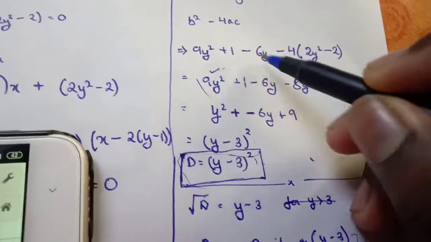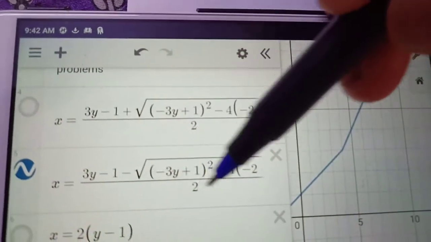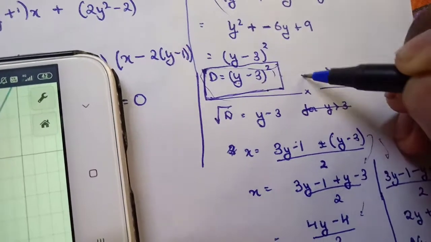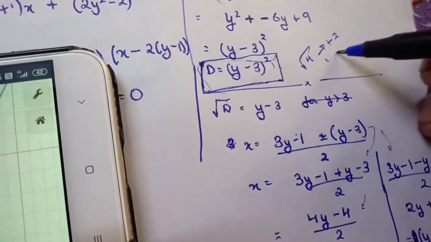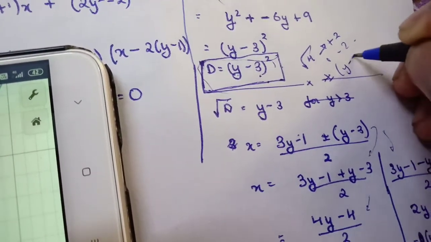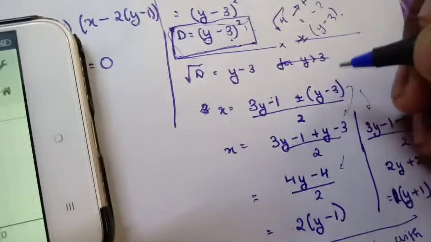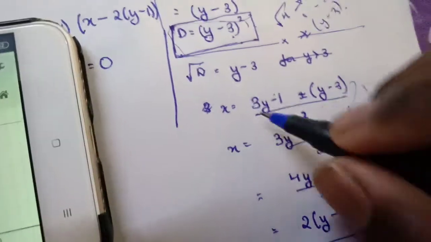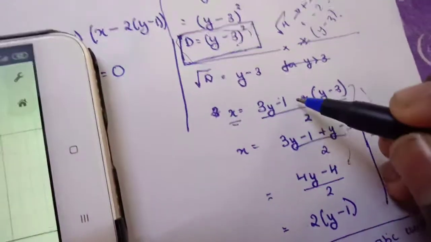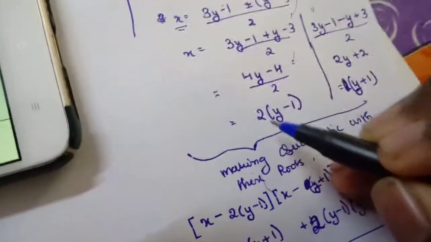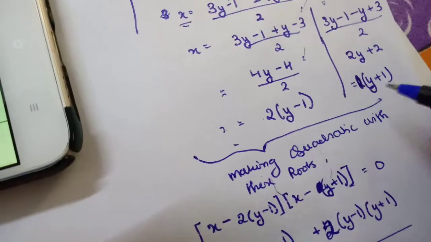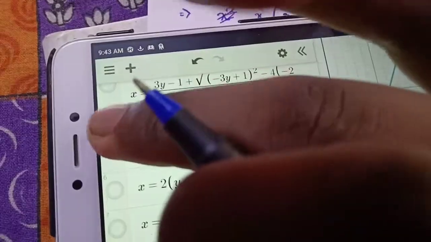So I solved the discriminant, this part under the root, and what I got was (y − 3) whole squared. When you take the root of 4, you do plus 2 and minus 2. So when I did the square root, I was thinking of taking plus minus (y − 3), but it already had a plus minus, so I left it there. So x, I'm solving for x now, is 3y − 2 ± (y − 3). And when I solved that, I got these two: x = 2y − 1 and x = y + 1.